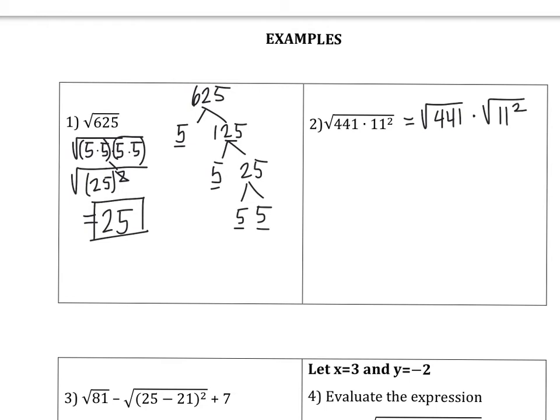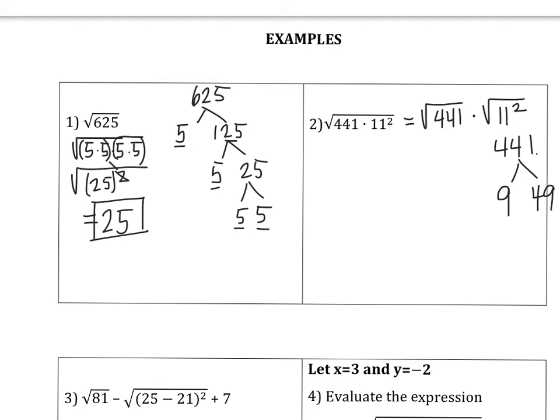So 441, I'm going to do a factor tree on that one. So if I add these together, 4 plus 4 plus 1, that's 9. The reason I did that is I wanted to see if I could find one of the factors. If you take a number and it adds up to 9, that means it's going to have a factor of 9. It doesn't work for all numbers. It works for 6, it works for 3, and it works for 9. So 9